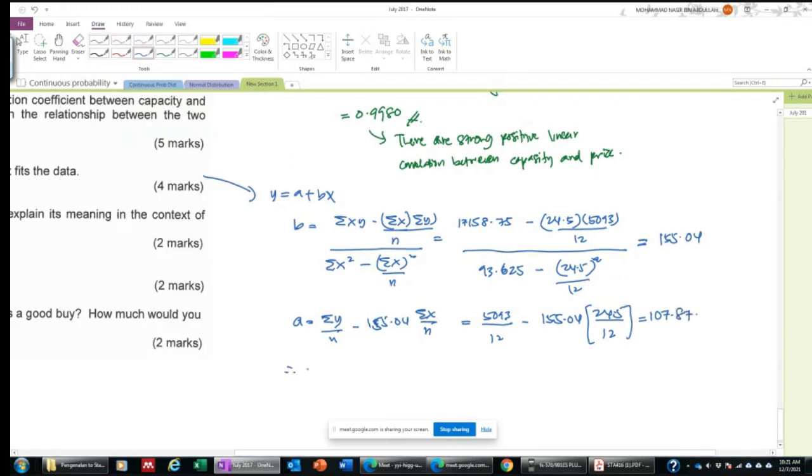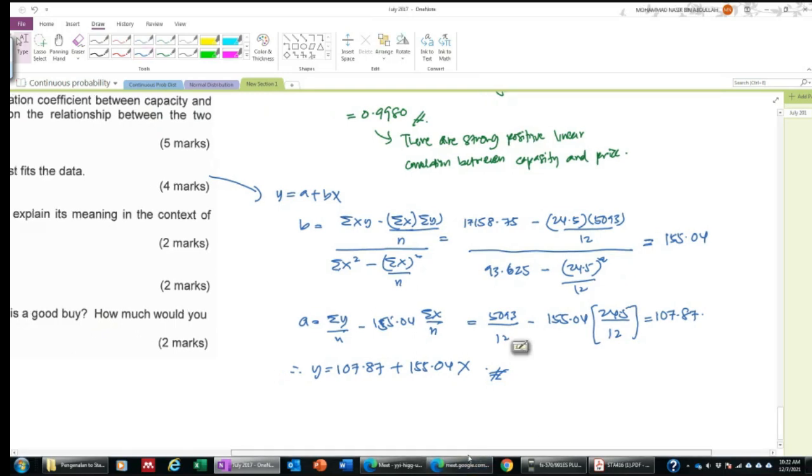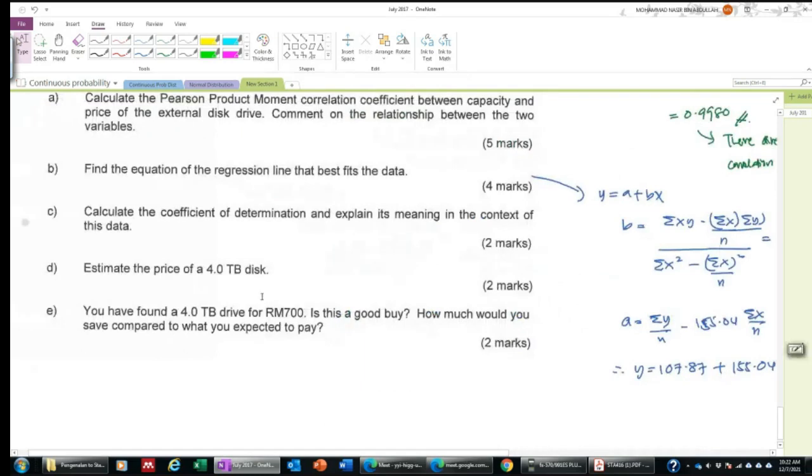So you will get 107.87. So the equation is Y equal to 107.87 plus 155.04 X. Right, so you just need to derive the equation. So this is the answer, only 4 marks, very easy, right? Okay, next,